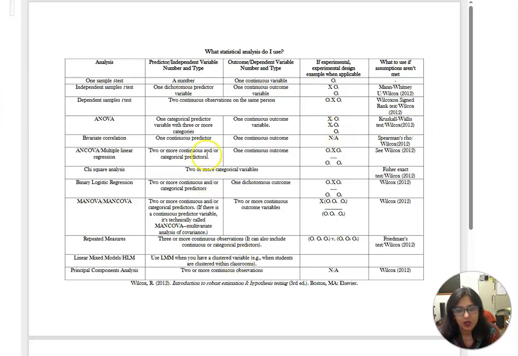Once again, this document is the same, but if the assumptions are not met, what do we use? Okay, for independent sample, we use a Mann-Whitney. Now, for dependent sample, we use a Wilcoxon. We are not doing Wilcoxon. I've had very few students who actually end up not having assumptions met for a dependent sample t-test, and if that happens, we will cross that road at that time. So don't worry about it.